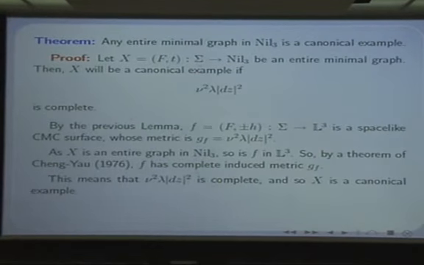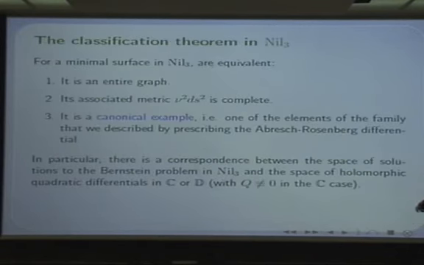Okay, so you know now that this metric is complete, and this is what you needed, so it's a canonical example. So this can be seen as a consequence of the Chen-Yao theorem in Minkowski 3 space. So the classification that we obtain finally is that if you have a minimal surface in Heisenberg space, you have